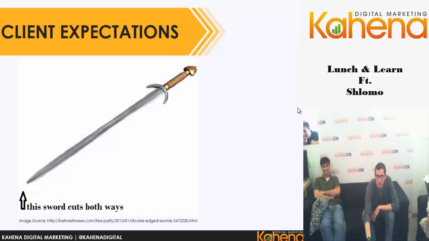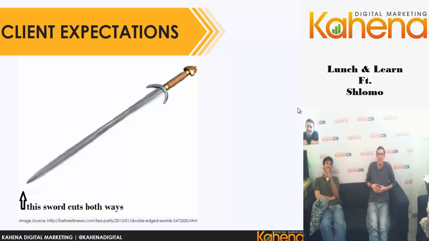And then there are client expectations. Now it's funny, it's a double-edged sword. If you Google double-edged sword, you're going to get regular swords. And I'm thinking, wait a second. I never really thought of an image of a double-edged sword before, but apparently a double-edged sword is a regular sword which is so sharp that it can cut both that way and that way. Whatever that means. Take it how you want it. But anyways, the point is,